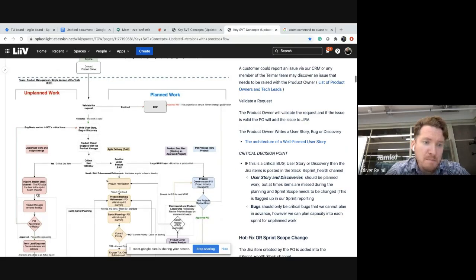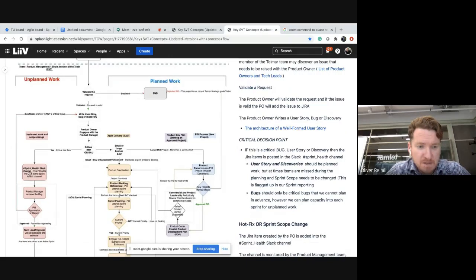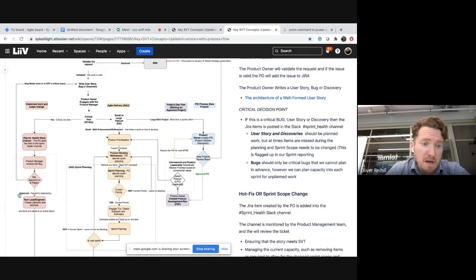So the item would be posted into the Sprint Health Slack channel, and then it's really reviewed. It's sort of working as a team. Product management are reviewing the item. There may be some feedback that it doesn't meet the SVT, and this is quite important because the item will actually get delivered a lot quicker if we follow these processes and we have all the details clearly in the ticket. Then once the ticket is ready,